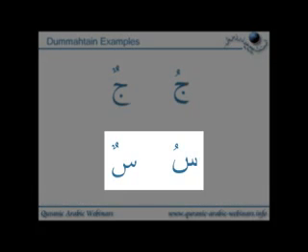Another example, here we have seen, so we'll have the sound of su, and if we double